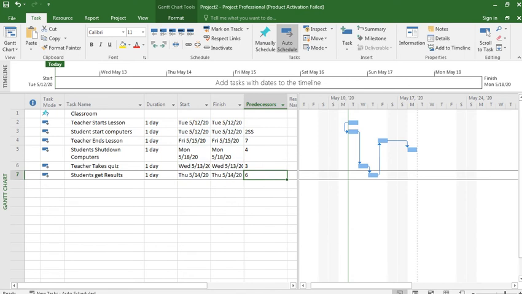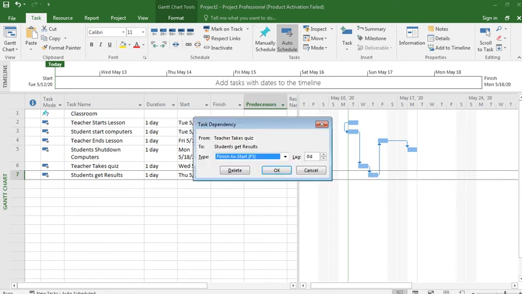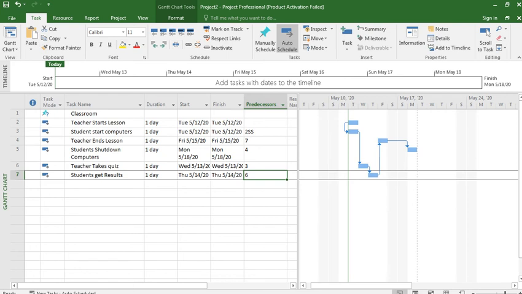Then what about this? Double click it. When teacher takes quiz finishes, then students get results. This is finish to start.